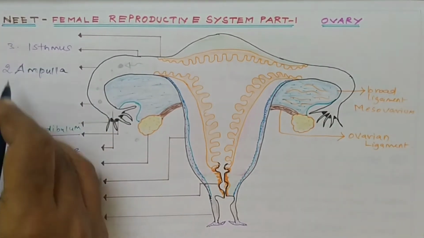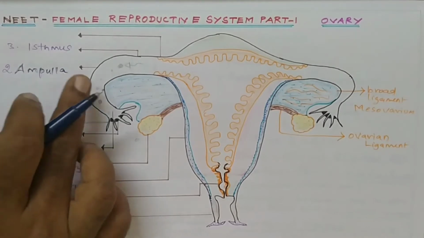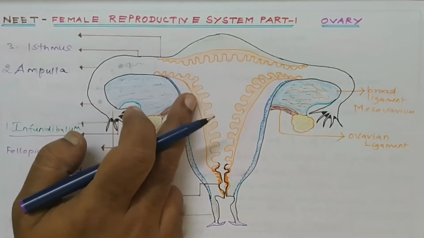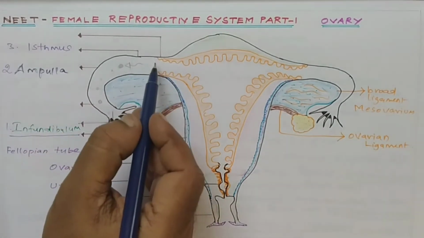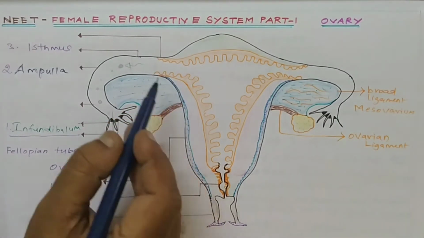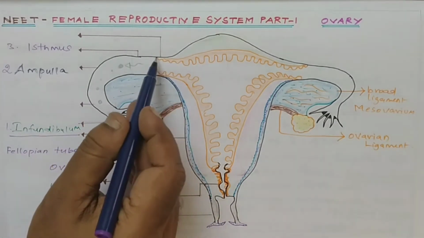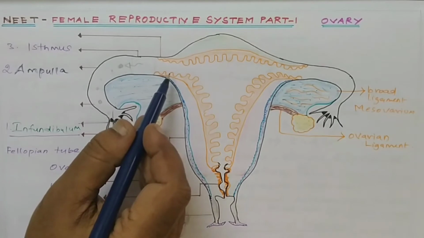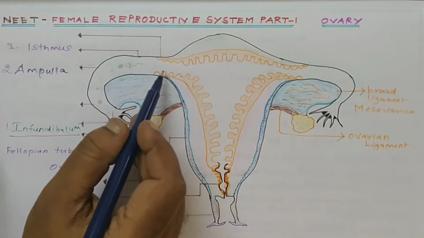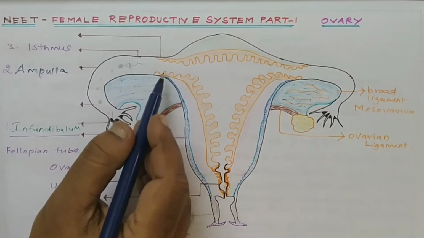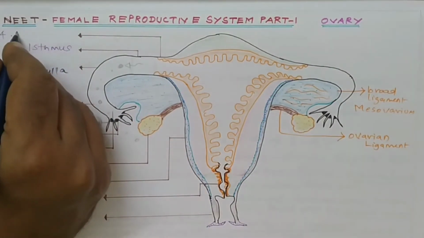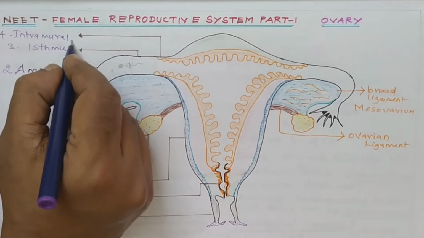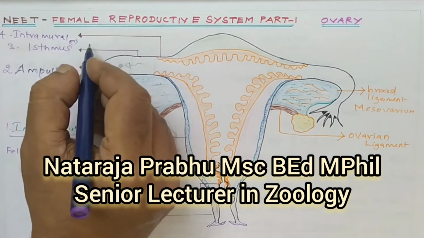This is the third part. Only up to three parts are given in your NCERT book, but actually a fourth part is also there. As I said, it is the golden point segment, extracted from various reputed eminent books. The fourth part is present inside the uterus; see, the uterus starts from here. A little part of the fallopian tube is present inside the uterus. That most medial part, situated within the uterus, is called the intramural part. So the fourth part is the intramural part, otherwise called the interstitial part.